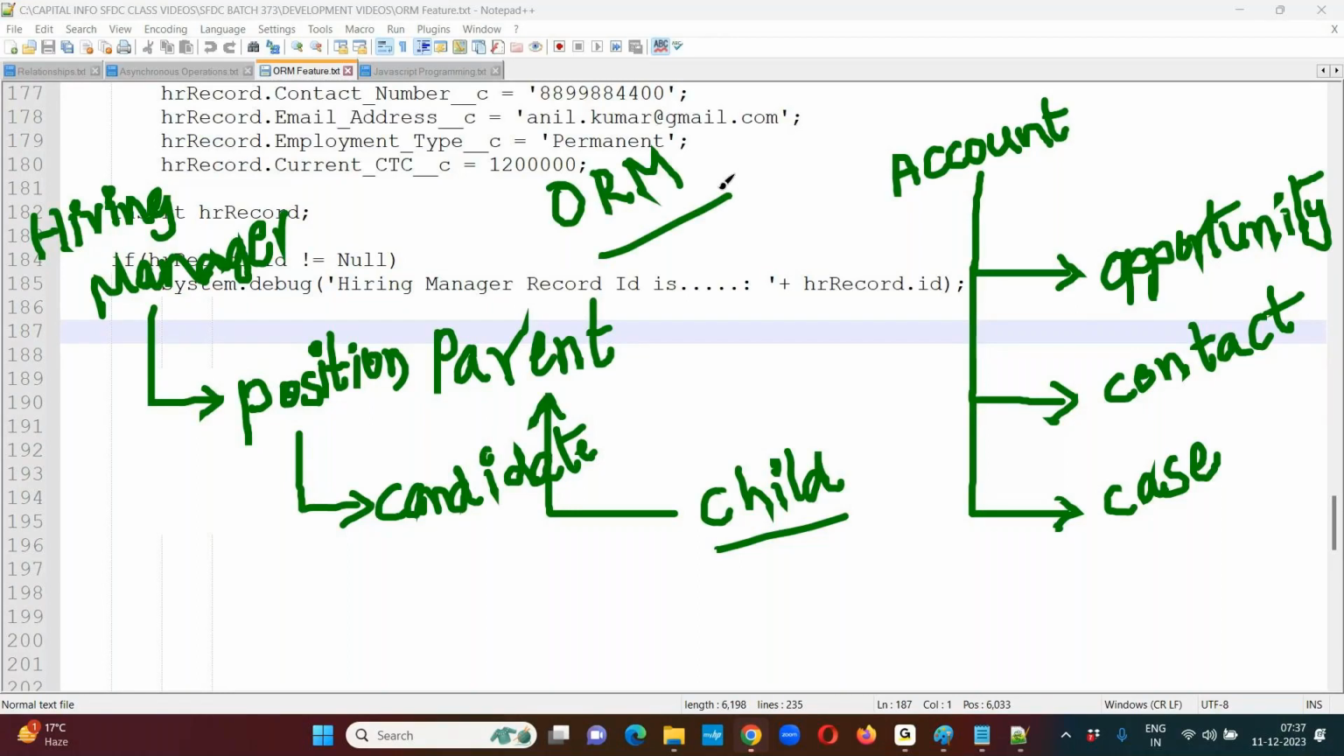Then how can we create them? Let me explain. I will explain the step-by-step approach first, then I will show you a practical use case. One example on a standard object and one example on a custom object, I will show you both practically. Okay, now